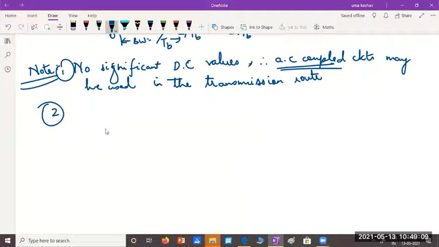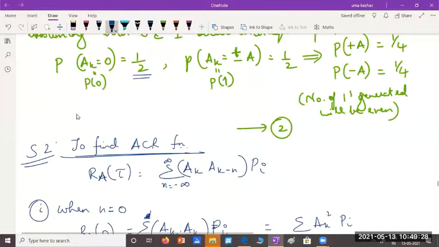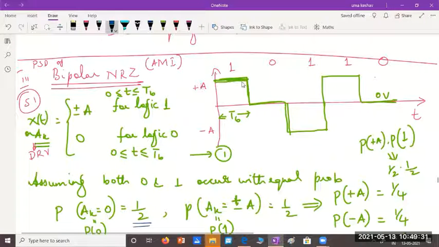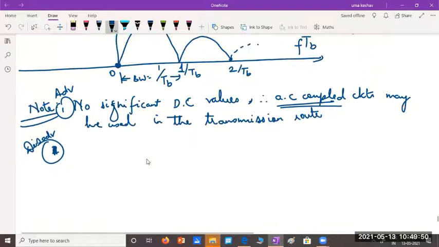And the second one is a disadvantage. This is the advantage, I'll call it. How many different values or levels of voltage are there for A? Ak can take on 3 different values: plus A, 0 and minus A. So I can't use a simple switch. A switch will have only 2 states, either on state or off state, where it will either have maximum voltage or minimum or 0 voltage. The realization